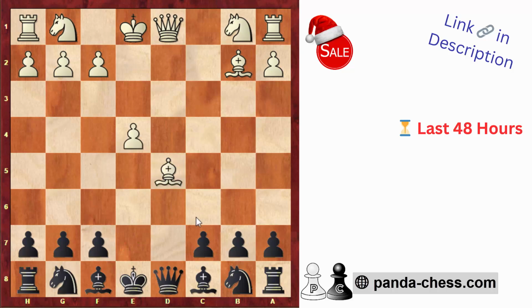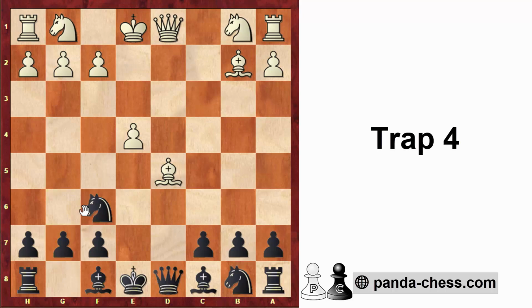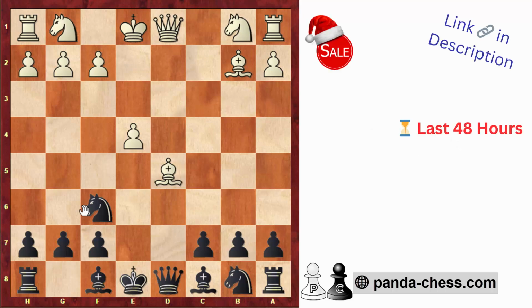So after d5, bishop takes is the best continuation. And here the move knight to f6 is quite interesting because it seems that black is falling for a trap, which white actually should go for this line, which is to take on f7. Otherwise black is ready to take on d5 and even try to fight for an advantage. And after bishop takes, it seems that white is going to pick up the queen, but we can simply take